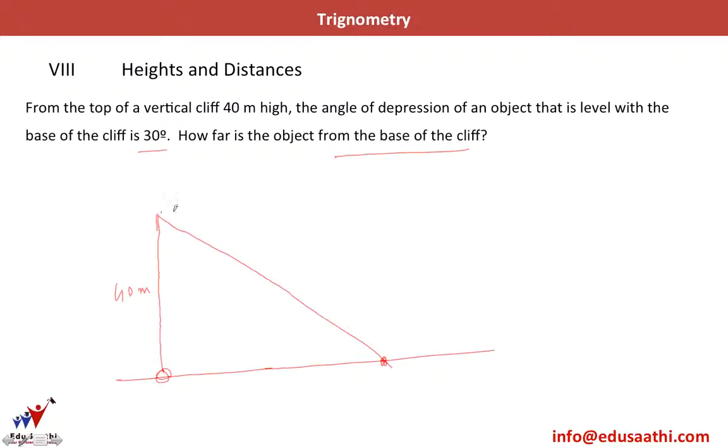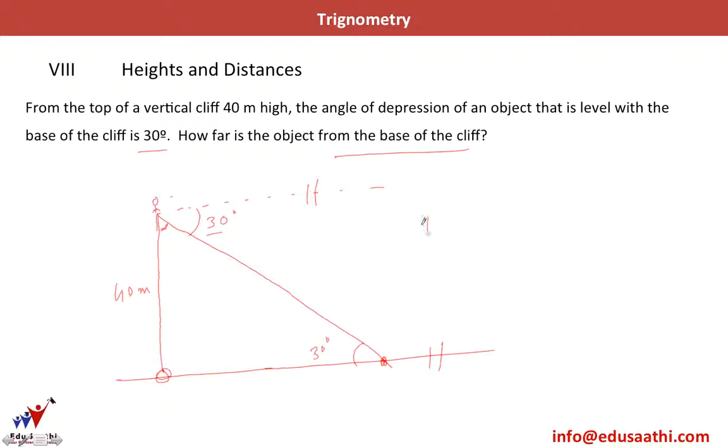So the angle of depression here is this angle, because if you remember, Raj was standing here, this was his eye level and he looks down. So this is the angle of depression. So this is 30 degrees. A lot of students make the mistake and consider this angle as 30. You will get the entire question wrong. So this angle is 30 degrees and this line here is parallel to this line and this is the transversal. So if this is 30 degrees, then this is also 30 degrees.